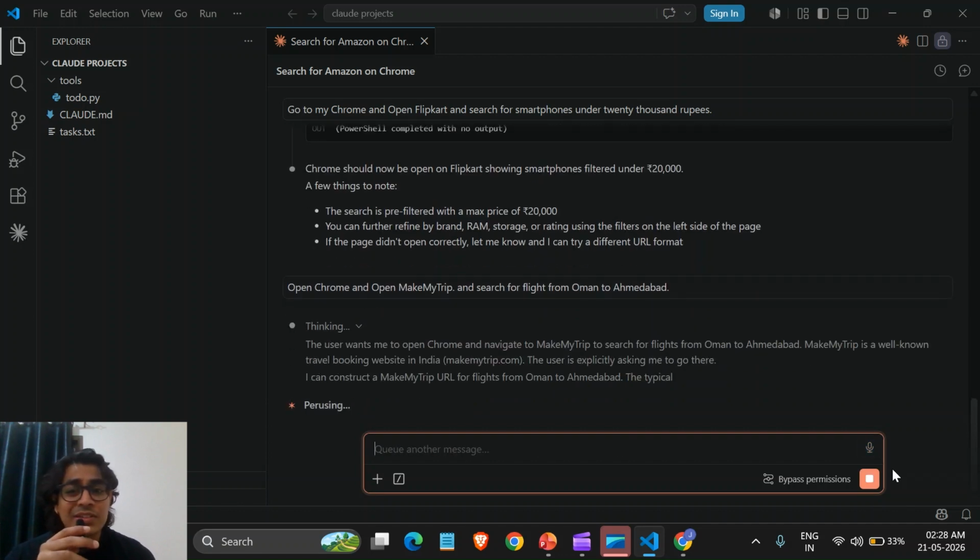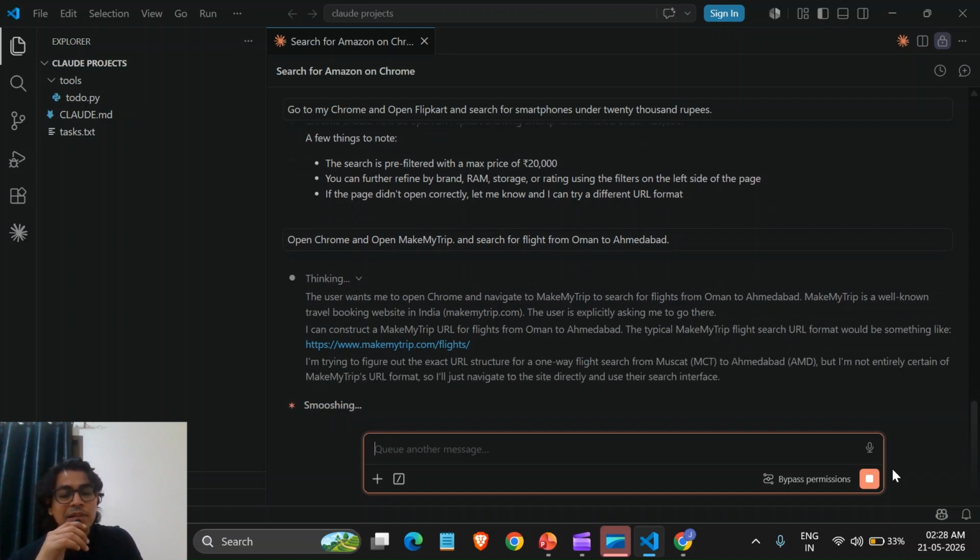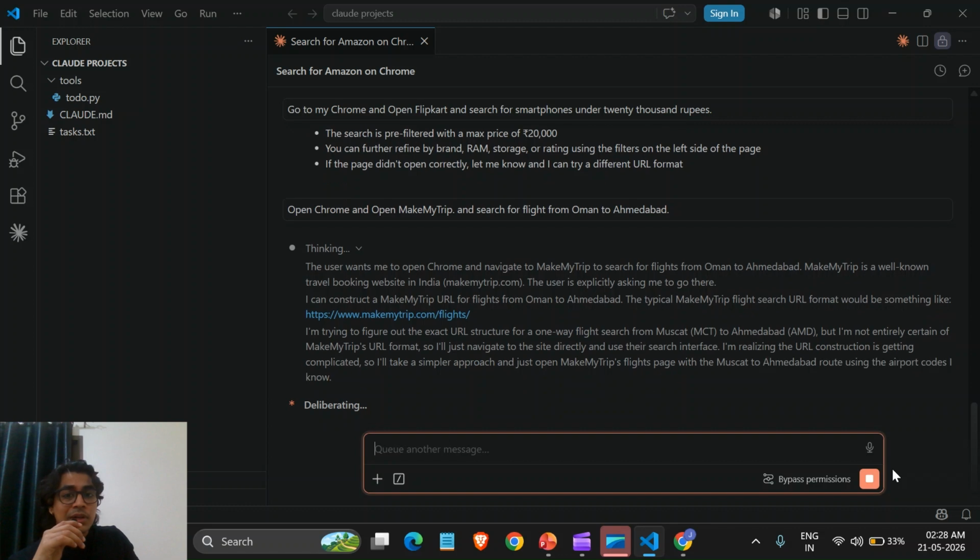So let's see whether this is able to do this. I guess this website is correct, and it is looking from Muscat to Ahmedabad. That is also correct.